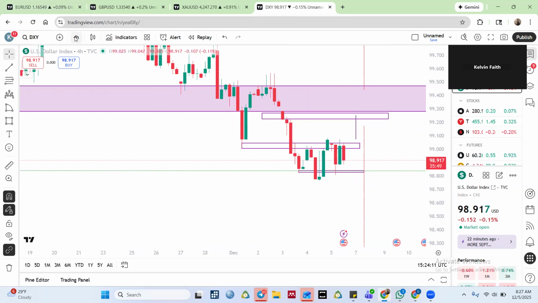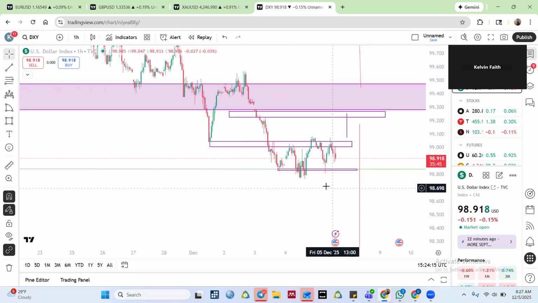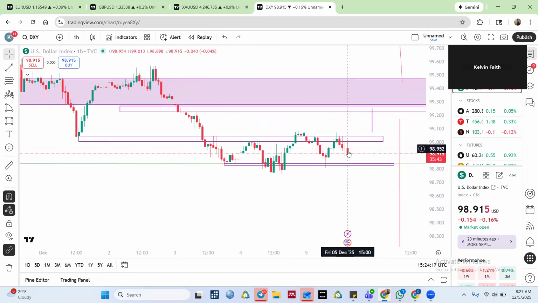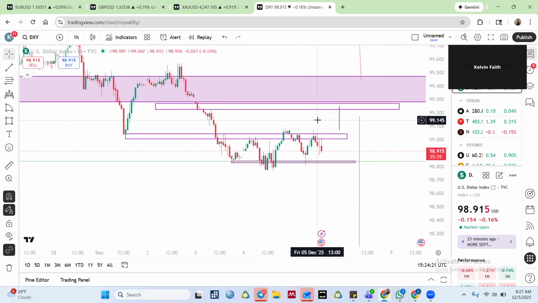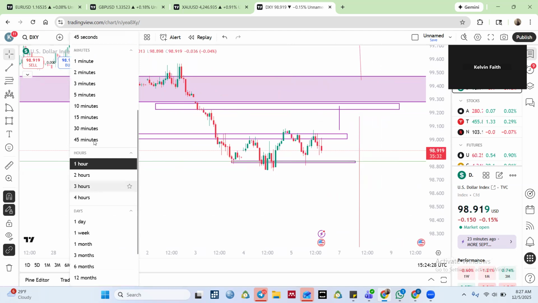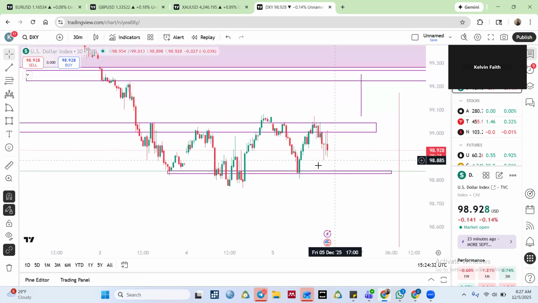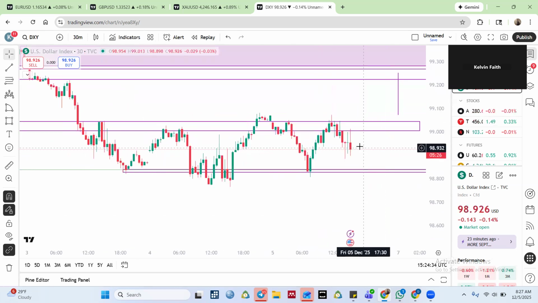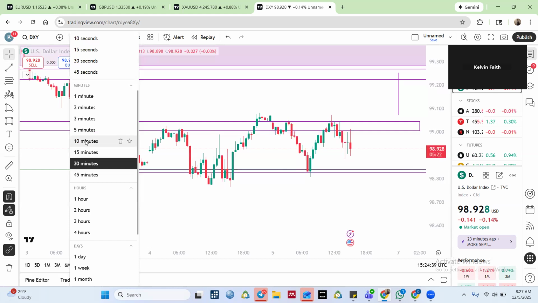So let me go to the 1 hour to see what is happening. Okay, so we can see on the 1 hour price looked like it was pushing, it went up, dropped down, went up again, and currently trying to push down. So we should just be quick to take our trade on Euro USD right now. We have to buy. I was in a buy, but I don't know why I closed the buy.